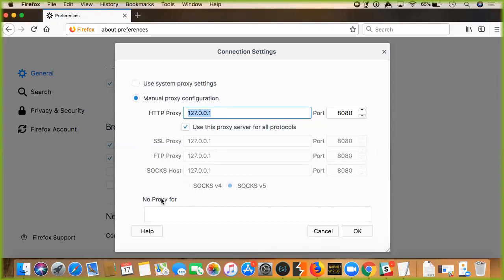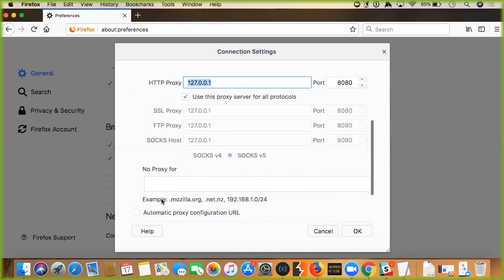Should we manually enter in the proxy? For the HTTP one, yeah. And then after that, if you select use this proxy for all, it will automatically do it. So did you do that? Are you on the, all right. No problem. And then if you scroll down a little bit, it says no proxy for, and